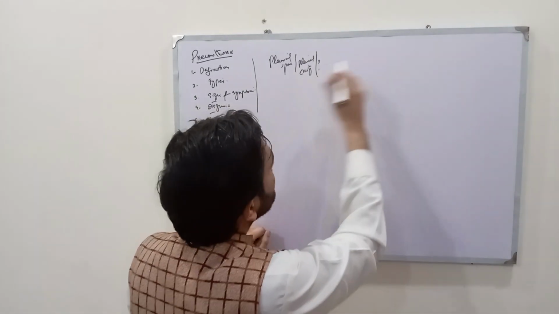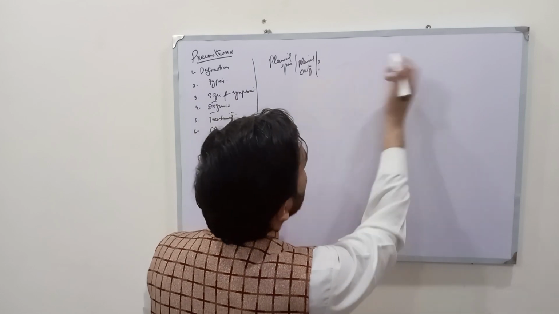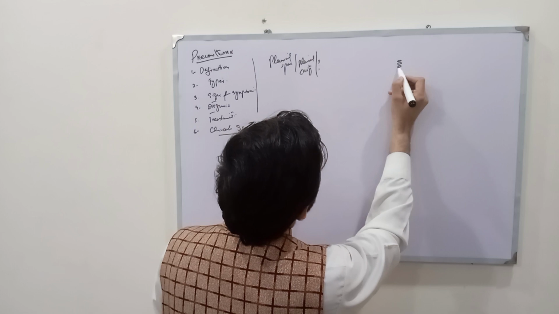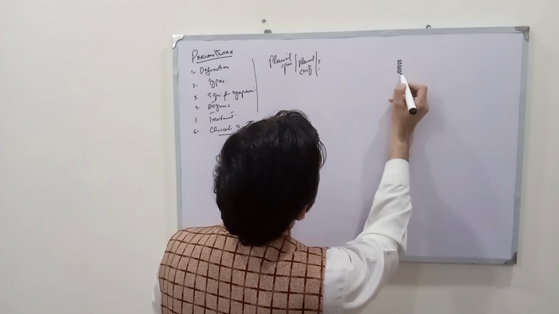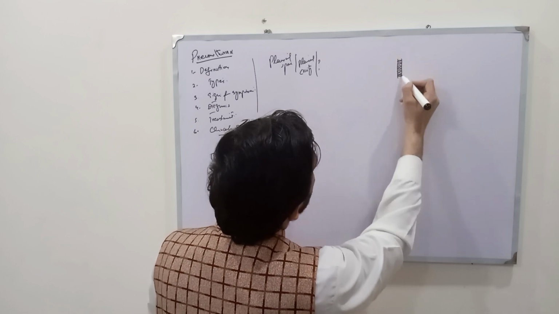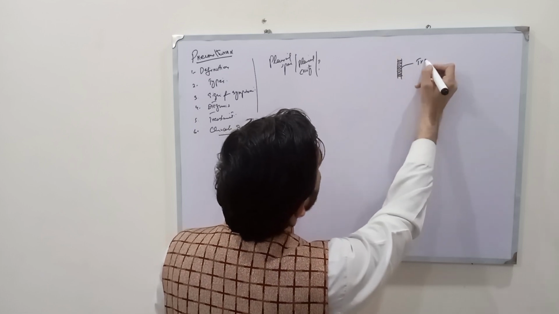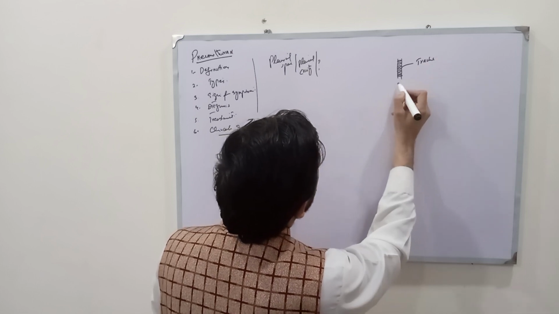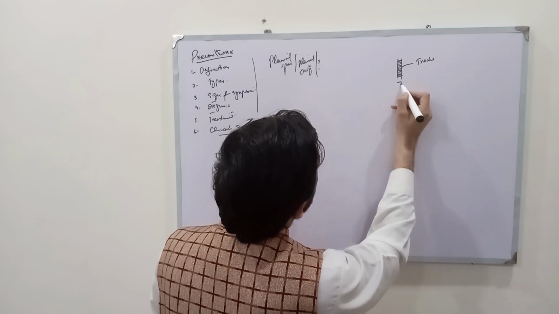Here is the trachea, and you know these are all tracheal rings. Here is the manubrium sterni,